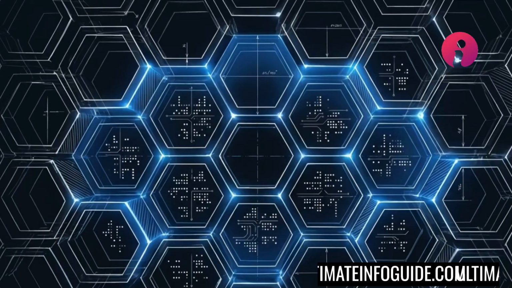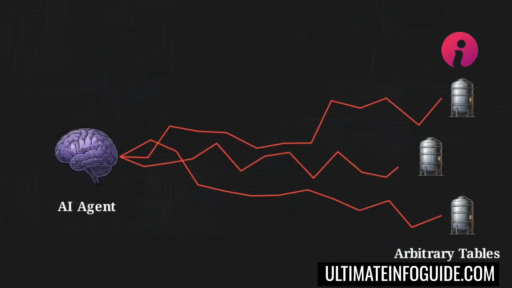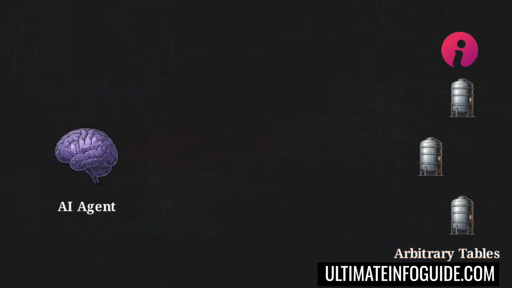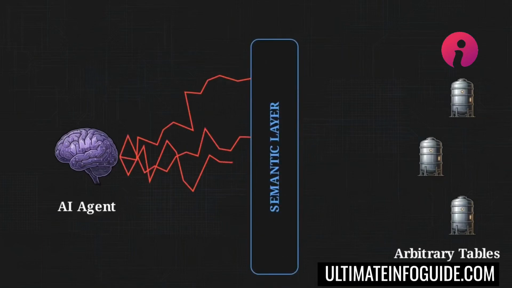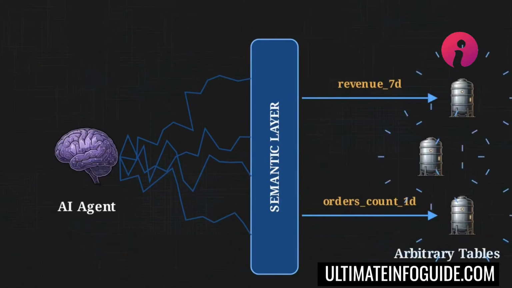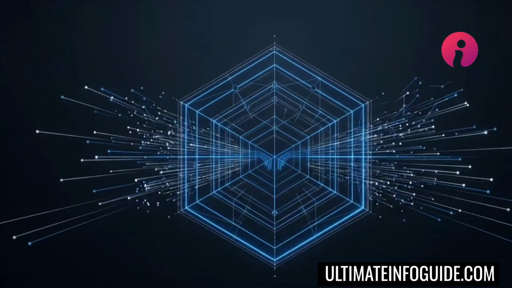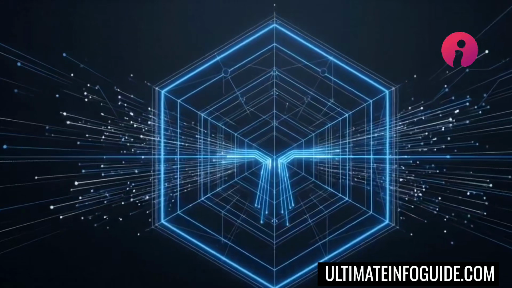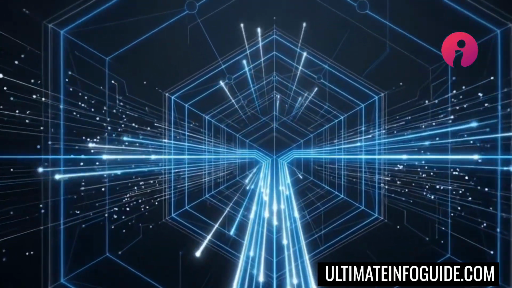Once we have constrained the schema, we implement the second pillar, the semantic layer. Letting an agent write raw, improvised SQL against arbitrary tables is where pipelines break. Instead, we replace ad hoc queries with named, governed metrics. The agent is forced to request verified data points. Together, these two pillars ensure that an agent cannot quietly corrupt or reshape the data platform underneath you.